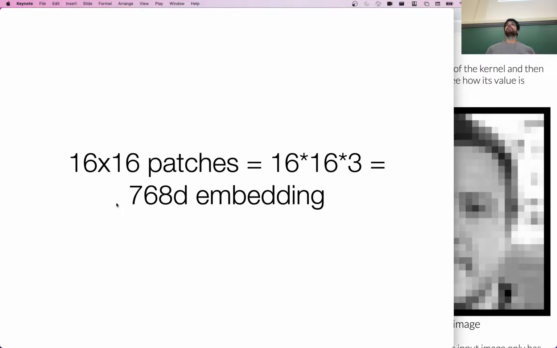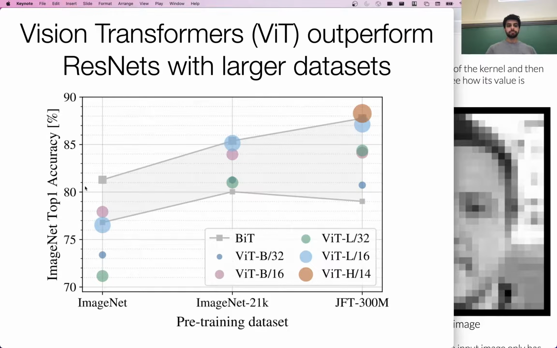So you have these 768-dimensional vectors here. In comparison to that 152-layer convolutional neural network that we were talking about before, it turns out that as you scale up the size of the dataset, here this dataset had 300 million images labeled with one of those 1,000 different labels, you can see that the transformer starts to outperform all of the other models.